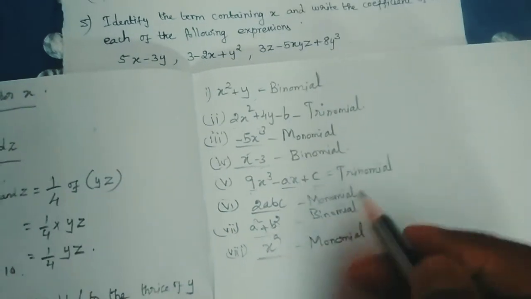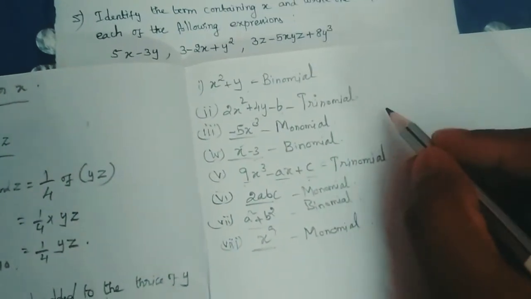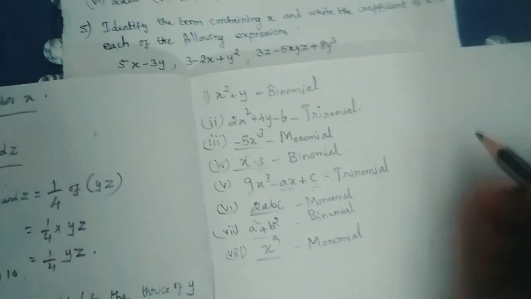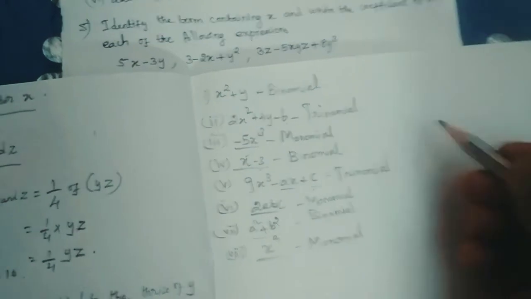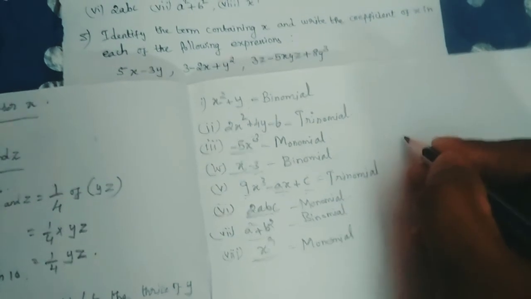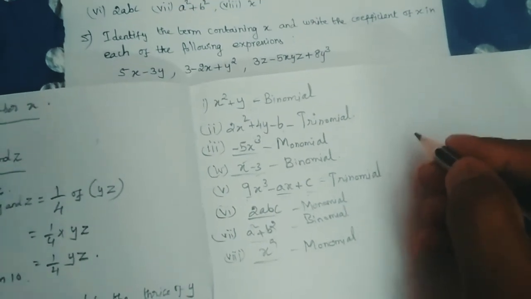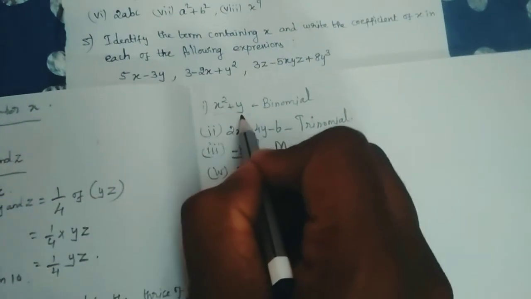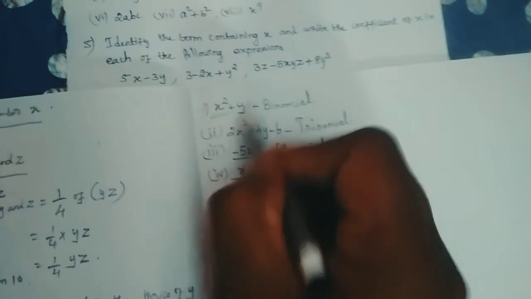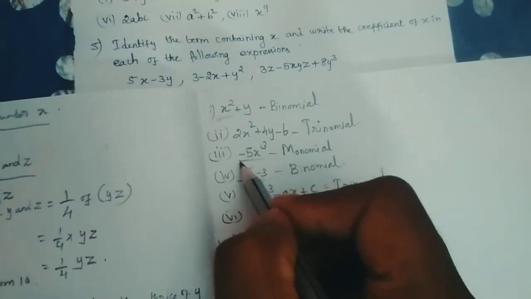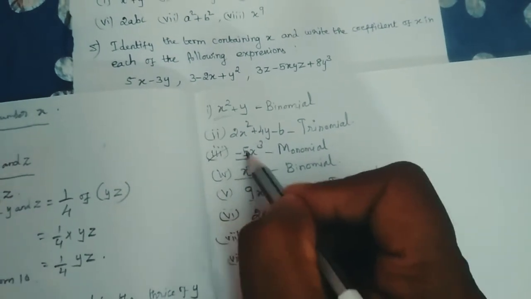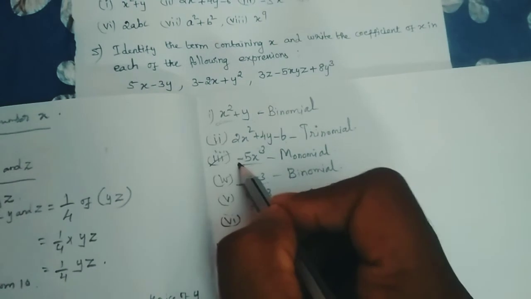We already know the term of an algebraic expression. The various parts of an algebraic expression separated by plus or minus sign are called the terms of the algebraic expression. Multiplication and division don't separate the parts of the algebraic expression. That's why in x square plus y, totally 2 terms are there. In the third question, minus 5x cube, here minus 5 into x cube, the multiply operation is playing.